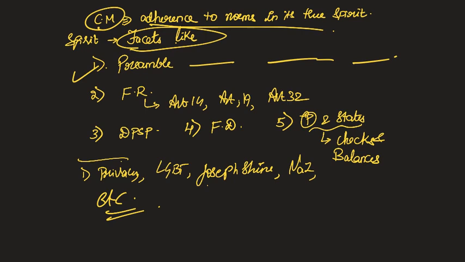Then, if you are stuck there, you can think about the order in which Lakshmikant book is organized, or whatever textbook that you're following in your polity textbook, or even if you're talking about the bare constitution from Article 1 to Article 400, if you have by hearted it, you can organize your thoughts based on the serial number of the articles. Like, say, for example, after reading the preamble, the next thing that really helps us is fundamental rights, where we are talking about the rights of individuals through Article 14, 19, and 32. And then after that, the next chapter is DPSP, and then after that, you're talking about fundamental duties. And finally,